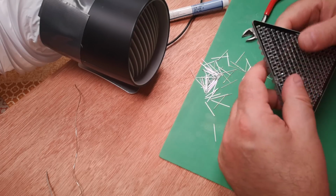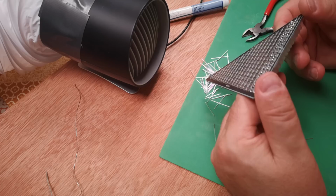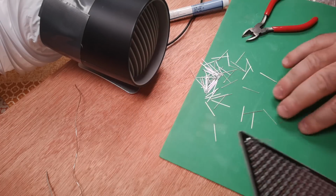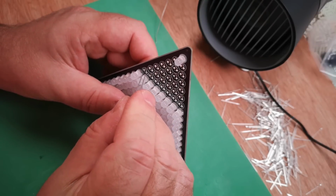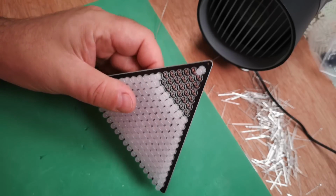Right, does that look any neater now? Well, kind of, but anyway, on we go. Okay, we're getting kind of close to the end now, and I've got to the point